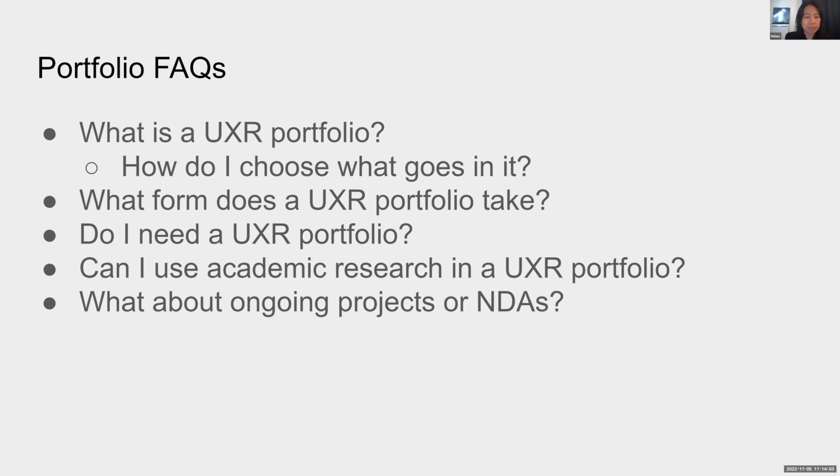You would likely have maybe a deck or even a doc that contains explanations about any literature search or background research that you do before conducting your study. And then you would talk about what's leading up to that study, why you decide to choose particular methods, and then the thought process in going back and forth with your stakeholders, and then actually fielding the study, any problems that you run into, how you deal with it, and then talk a little bit about the findings and your recommendations, and if you know what the impact is, what the